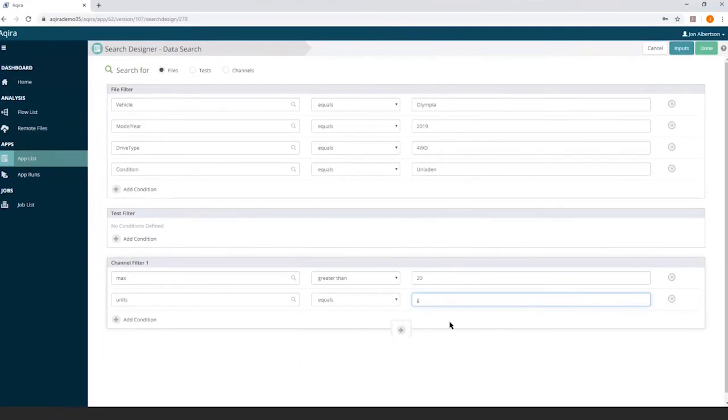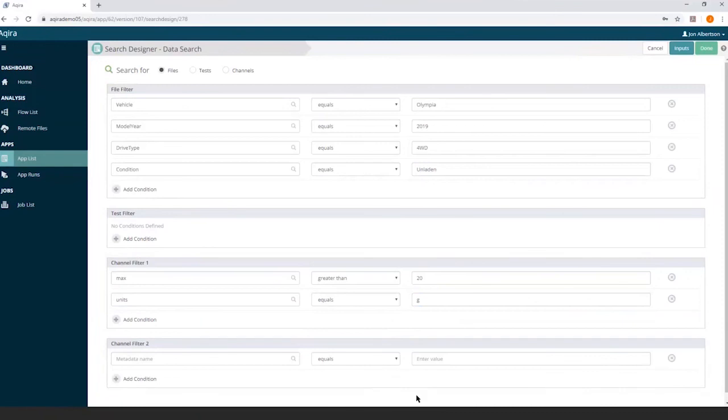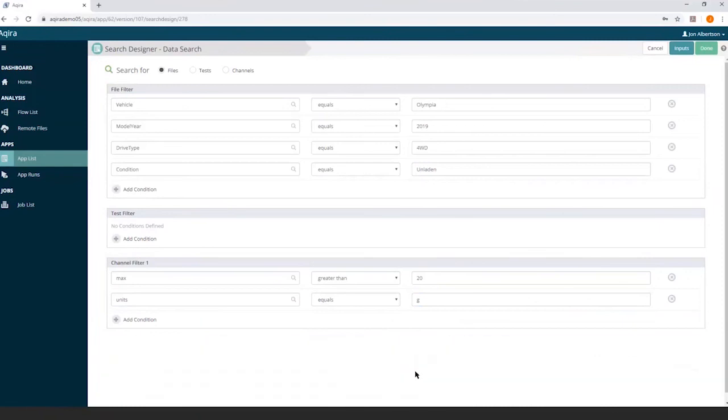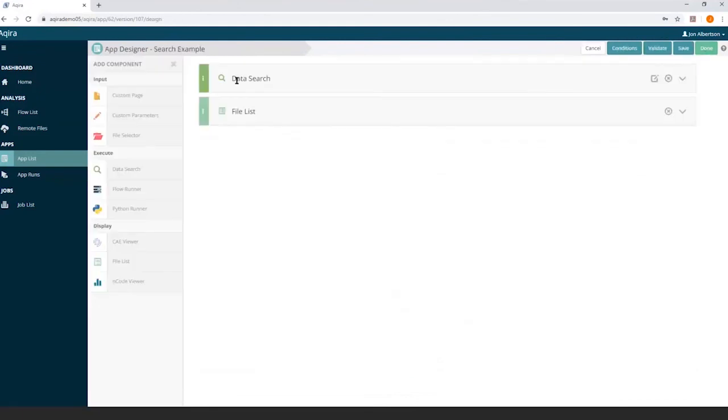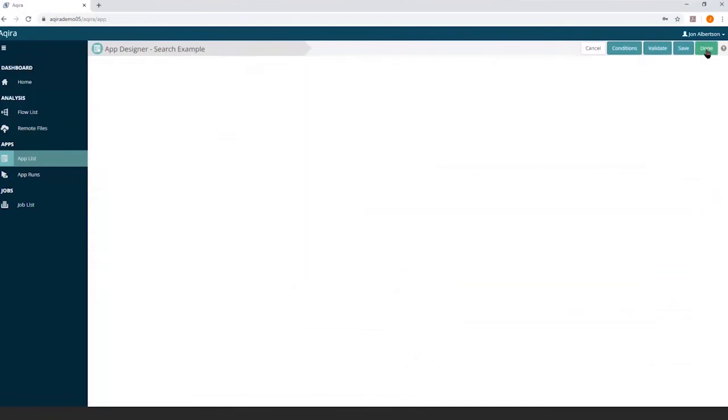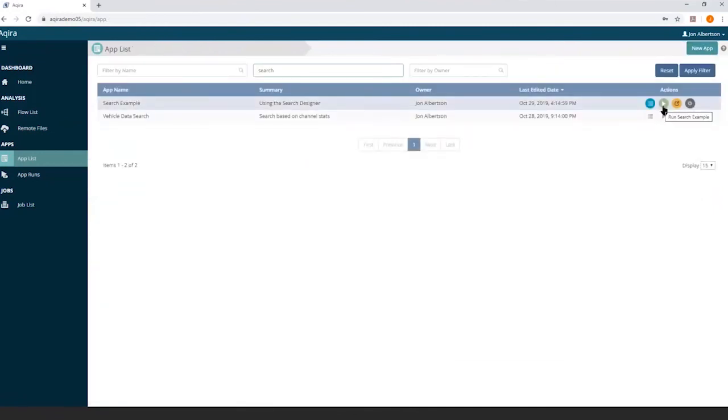And it's going to now look for files that meet these criteria at the top, and also where it contains at least one channel with units of G, where the max of that specific channel is greater than 20. And I can actually add other channel criteria onto this as well. So I can make this more sophisticated criteria. So if I do that and I say done, I've set up my criteria in my data search, and it should then pass those results into the file list. I hit done. If I now run this search,